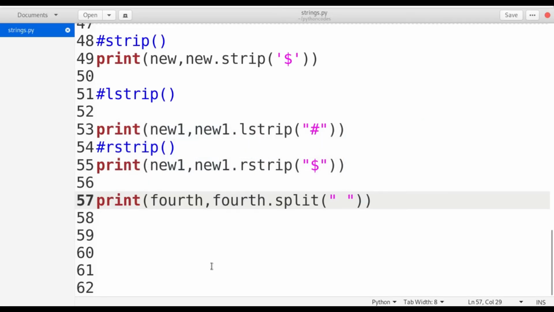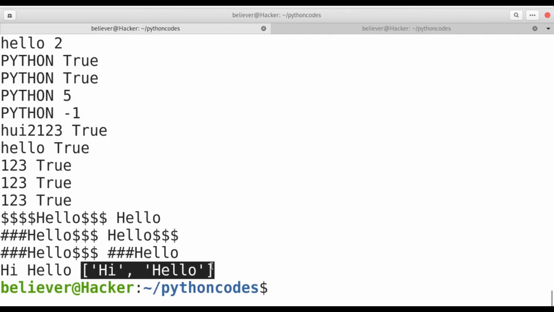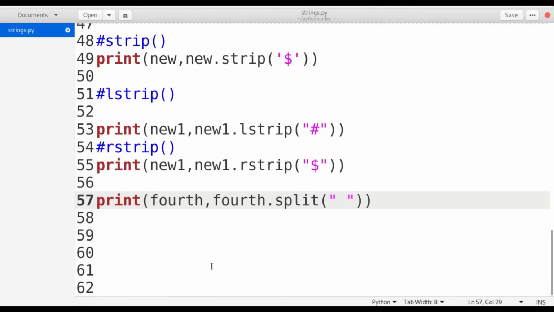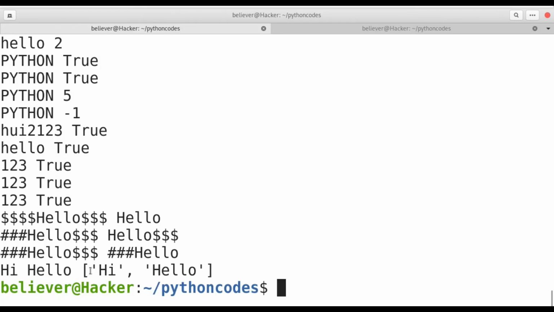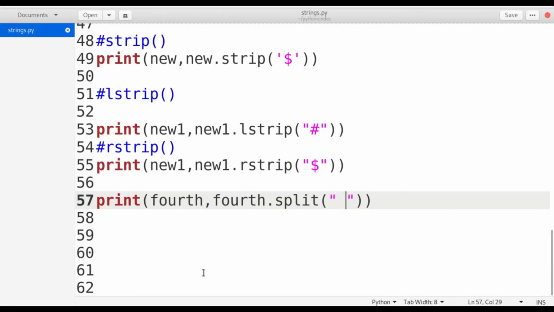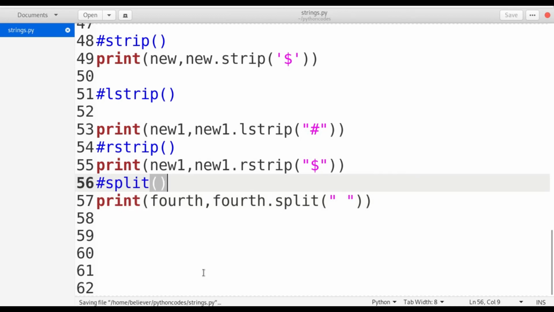Whenever you split something based on a particular symbol or character, it is going to give the output in the form of a list. These two things are separated into two strings. So this is the use of the split function.